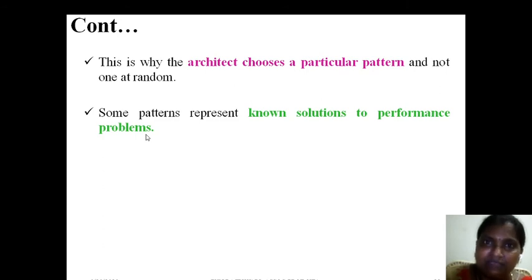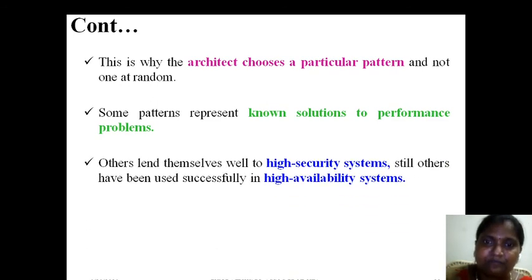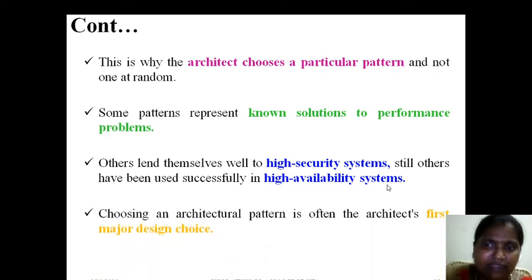Of course, for example, our institution is for giving solutions for your future. A car will give solutions for luxury. Client-server will give a solution for connectivity. Based upon that requirement, the architecture may give better performance. Some other may give high security systems, some other may give high availability systems, based upon your requirement. So choosing the architecture is very, very important, and it is treated as the first major design choice.